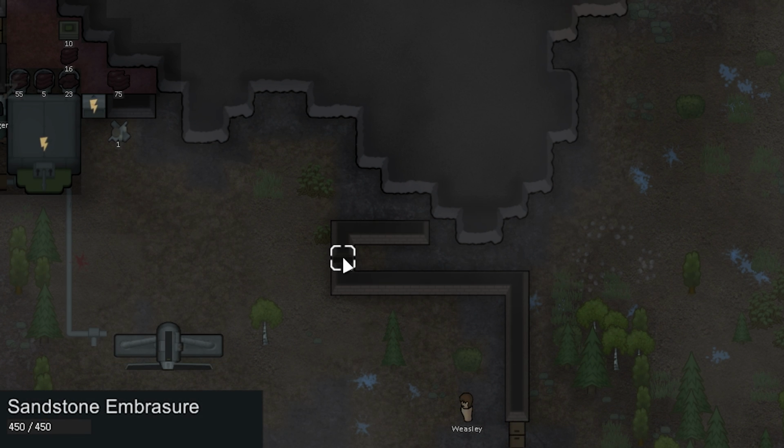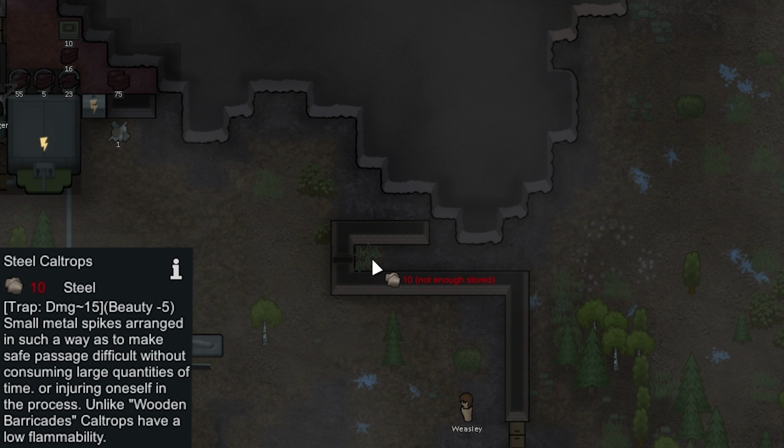They should hopefully try to scale over this embrasure, and we can fire over this embrasure. So Hermione's gonna have her turret set up right here, and the enemies are hopefully gonna be charging straight into her turret fire. Also, to slow them down, we can plop down these steel caltrops, which are small metal spikes arranged in such a way as to make safe passage difficult without consuming large quantities of time or injuring oneself